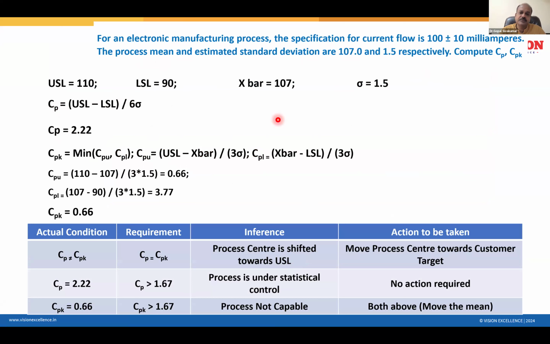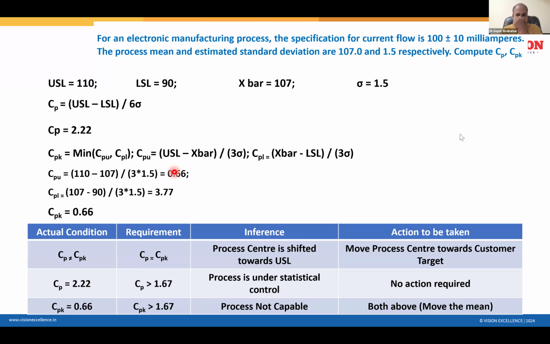CP is written: CP equal to 2.22. Now what is your conclusion looking at CP equal to 2.22? I am only showing you CP. Don't use the word capability. You can use the word consistency. The process is performing consistently, that means variations are less. It doesn't mean that you are producing good product. You are consistently scoring marks, but whether you are consistently passing the exam or consistently failing the exam is still not guaranteed.